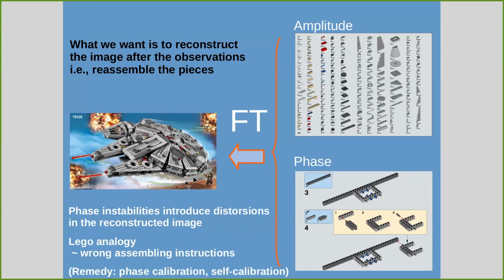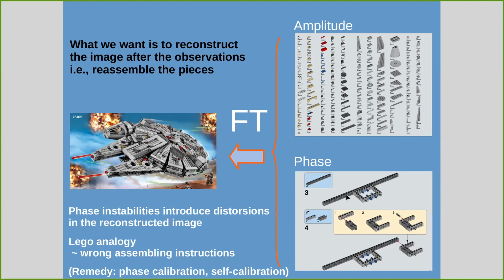And the final thing I wanted to say is about this. I didn't say too much about the phase until now, but I said that we need to measure the amplitude and also the phase to reconstruct your image. So what we want is, again, to move from the visibilities back to the image. So that's the inverse Fourier transform. So we need to reassemble all these pieces. And if for some reason you have